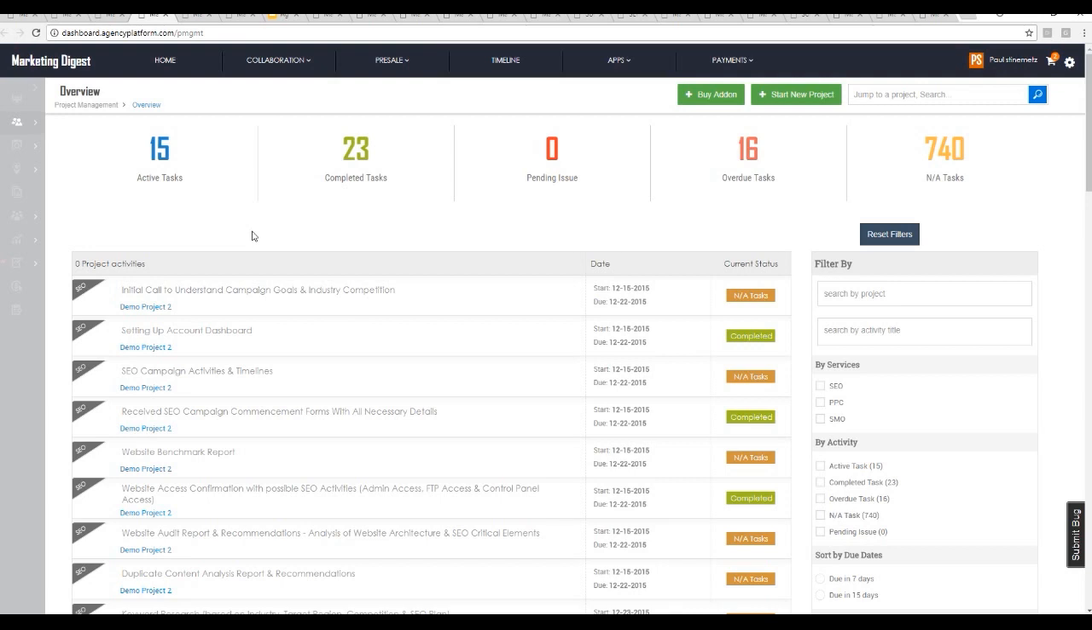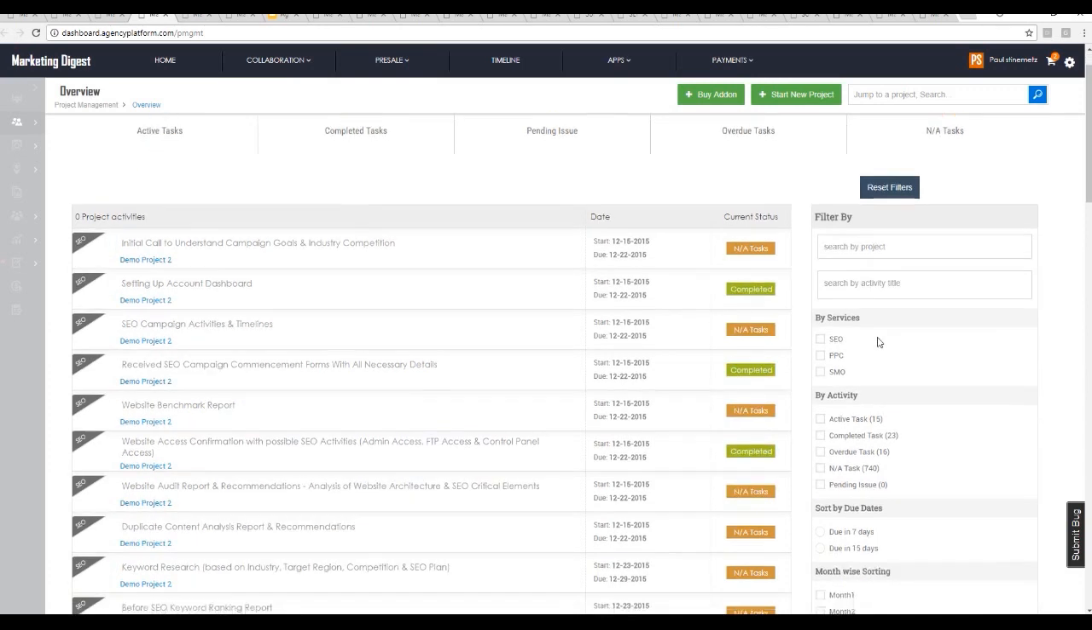And this is not for one specific project. This is a global project management admin view. So you're going to see all of the tasks for all of your campaigns. And you'd also be able to come in here and filter the tasks down by project or by activity title,